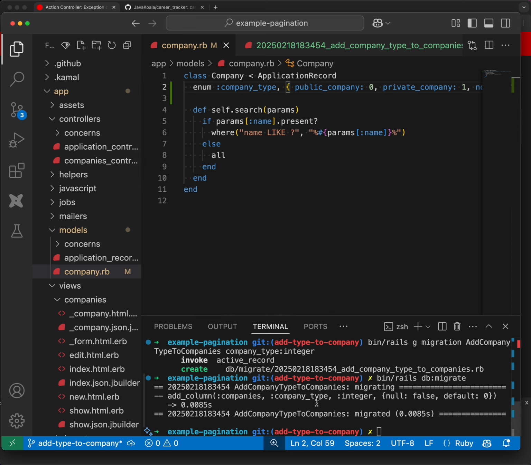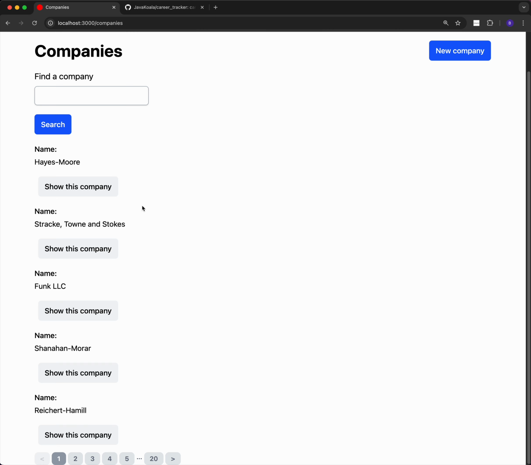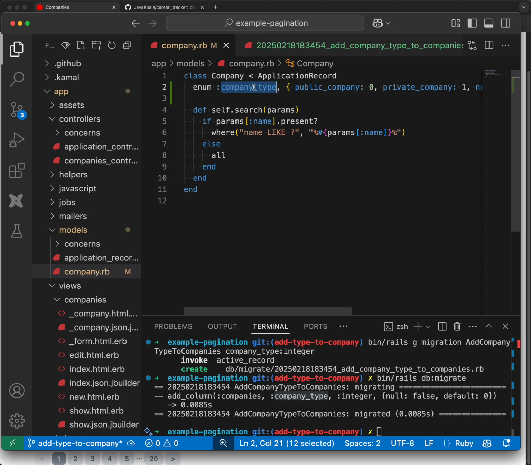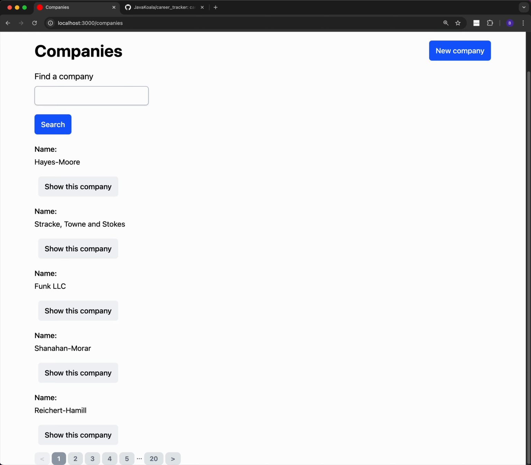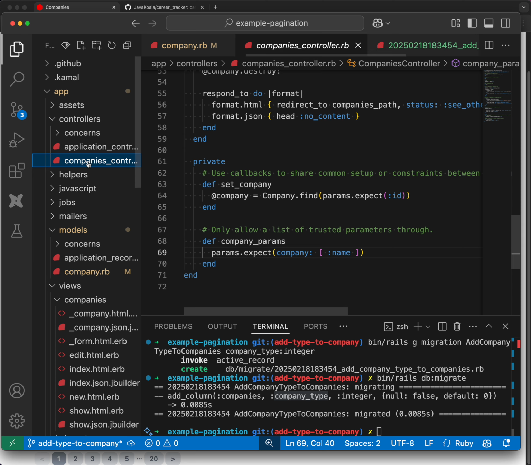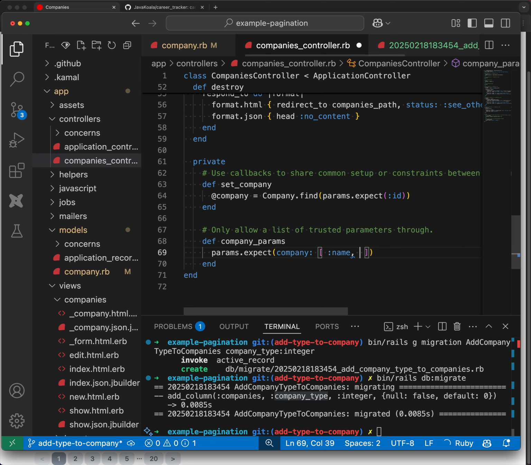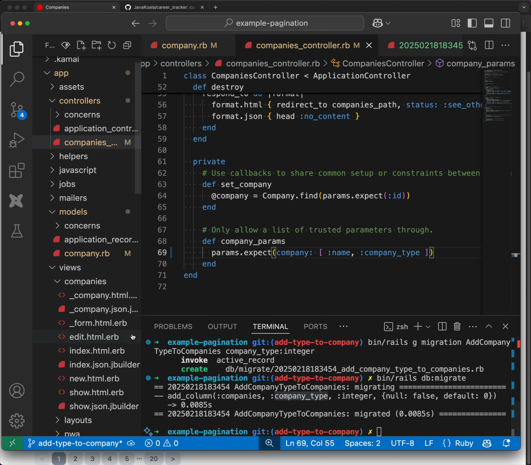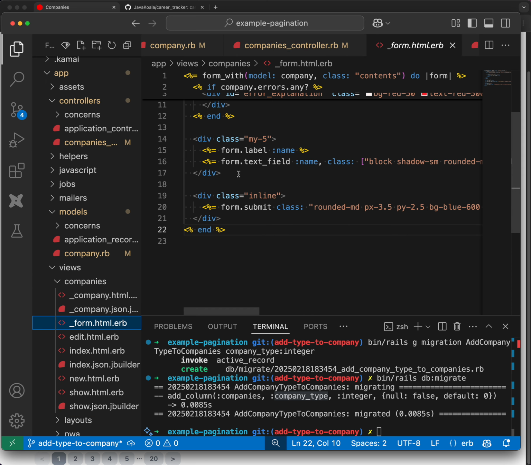Let's double check that we are using the right name there. There we go. Company type, great. So now let's add that company type to our expected parameters in our controller. Company type. And then let's add that field